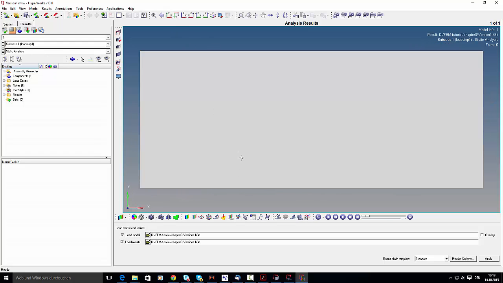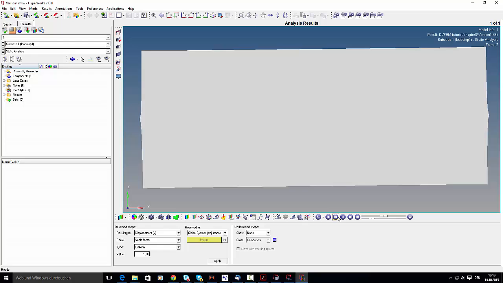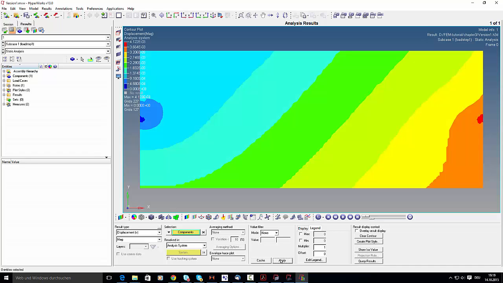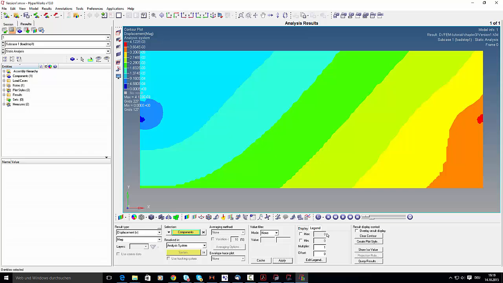We're going standard view, going to magnified factor of 1000, put this down, and now we are animating it, so you see it's moving in the upper half. We look at our displacement, and we can also see that. So now it's a big question why it's moving in the upper part, because the mesh in the upper part is